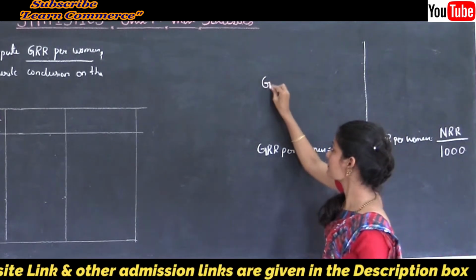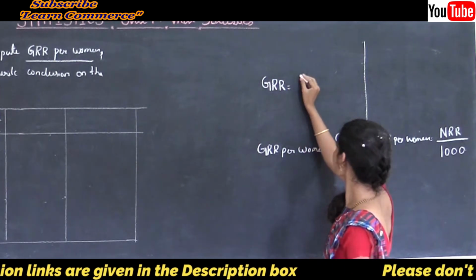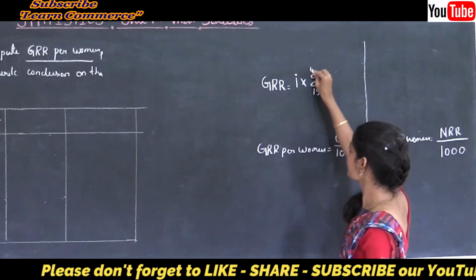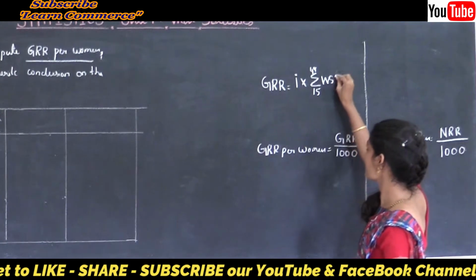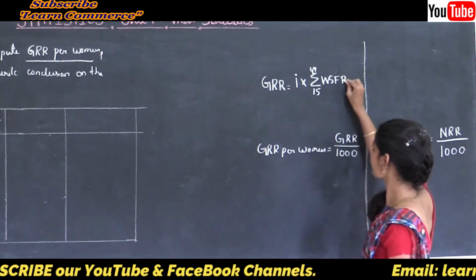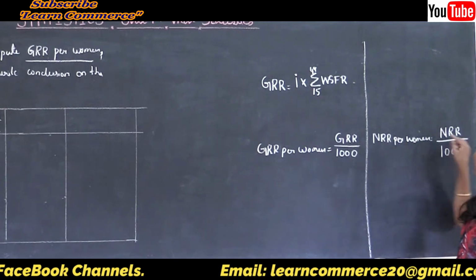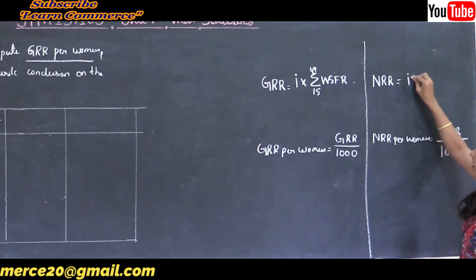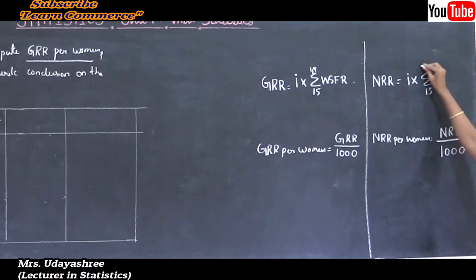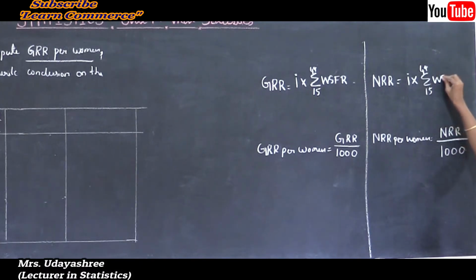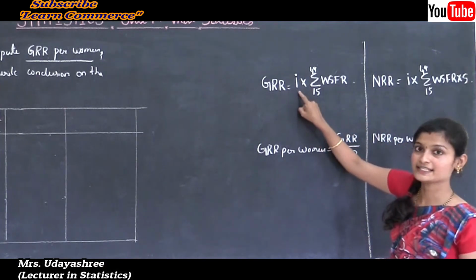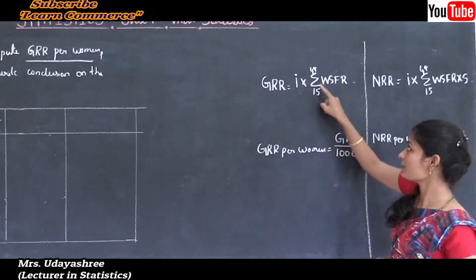GRR formula is I into sum of, here summation range 15 to 49 years, sum of WSFR. And here what is NRR? To calculate NRR we use the formula I into sum of, here sum range is 15 to 49 years, WSFR into S. Now to calculate GRR we need I, the width of the age, and the sum is running